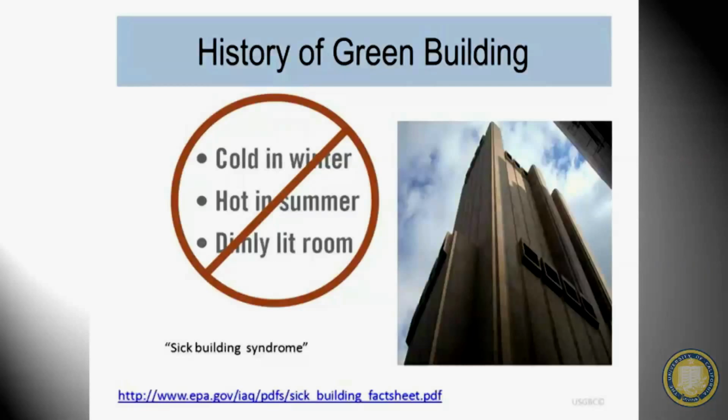Traditionally, the history of green building is about energy efficiency. After the first oil crisis in the 1970s, a lot of people wanted to make energy efficient buildings. These buildings kind of look like this. This is an example, I just Googled it, a building that looked like it had no windows, because energy efficient buildings back in the day were like that. Some people still in the industry will talk about this. If they're just focused on energy efficiency, it's like, okay, no natural light, we'll minimize the HVAC and we'll just try to make it as efficient as possible.